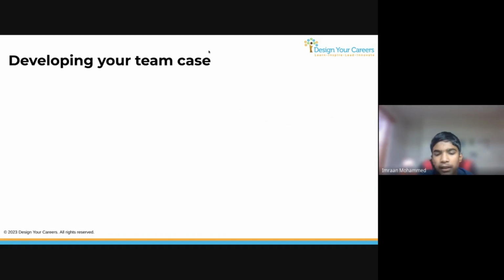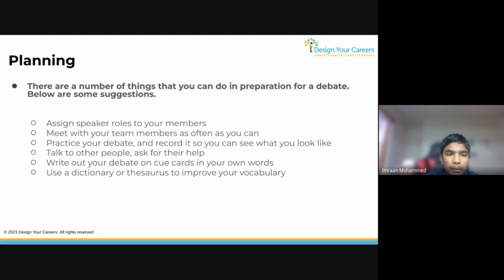So now we talked about planning for speech. Planning for a speech is typically easier, but in debate, some events are one-on-one, like the Lincoln Douglas, but other debates are in teams. So if you're in teams, you're going to want to speak with your team and ensure that you and the rest of your team are in harmony with each other, that you guys are working with each other,